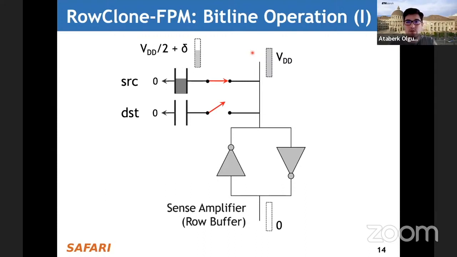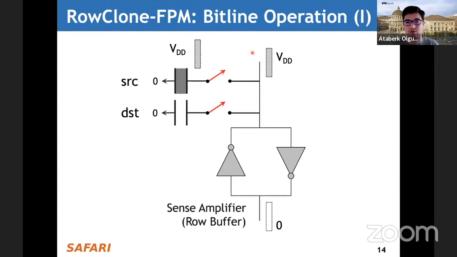Now at this point, what we want to do is disconnect the source row from the sense amplifier, and that's what we do in this step. So when we do this, essentially it's half of a pre-charge operation. We have closed the open row, but we didn't start pre-charging the bit line. So the bit line still has the value of the source row, essentially.